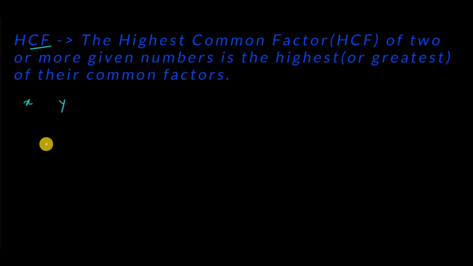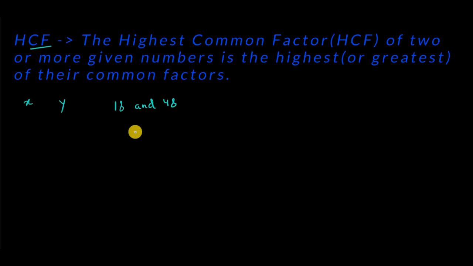greatest number which is able to divide x and y. Able to divide means it's a factor of x and y. And since it is able to divide both, it's a common factor, and it's the greatest common factor, right? That is called HCF. We'll see by an example. If I say I need to find the HCF of 18 and 48, what we'll first do is we'll find the